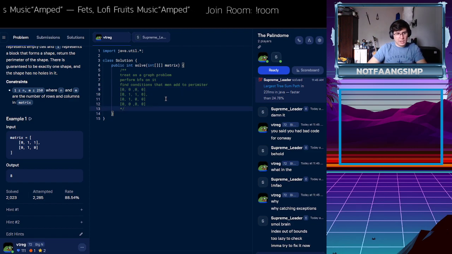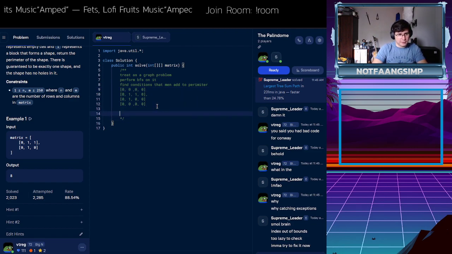I guess the logic with this problem is to do that fill, do that BFS, and then say if any adjacent edge